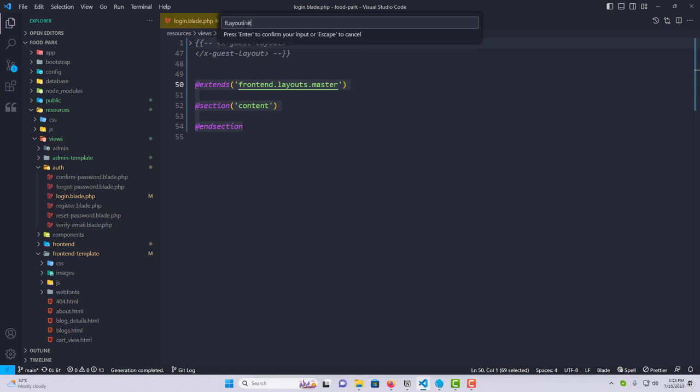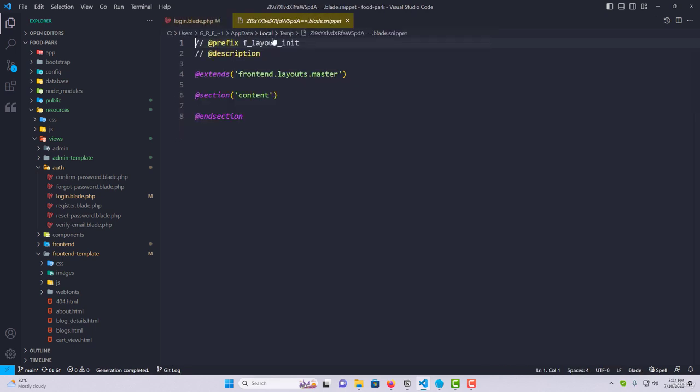F layout init. So F means front-end, layout init. So this will be our snippet name. If you want to make it more visible, you can add it like that, front-end underscore layout underscore init. So this will be the name of the snippet. Press enter and you will find that it opened a new tab, right? So it will give you an overview. This will be our snippet and this will be our prefix that